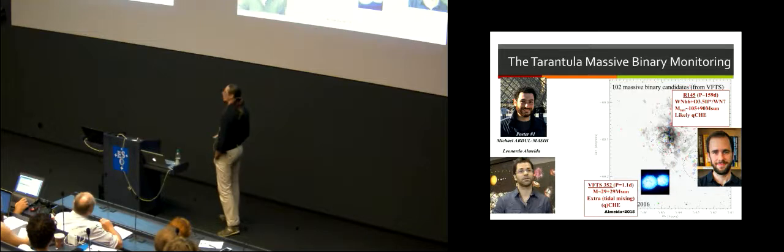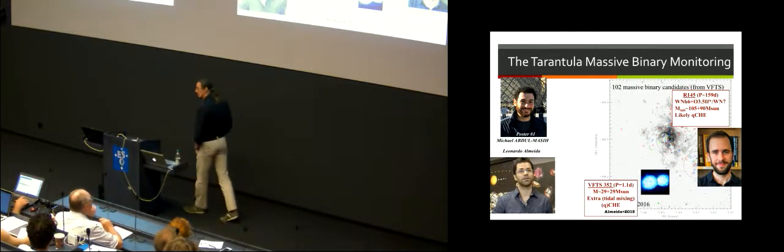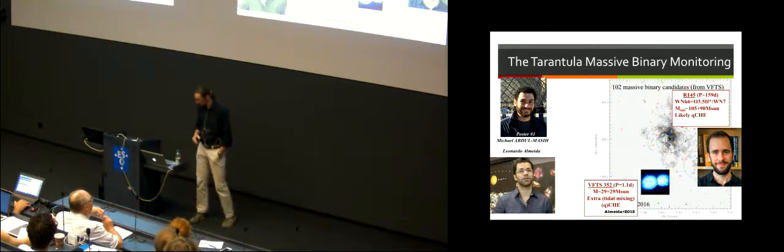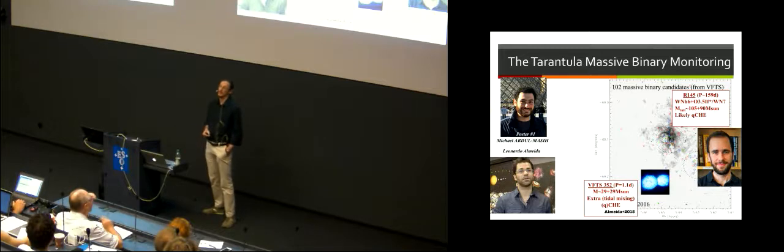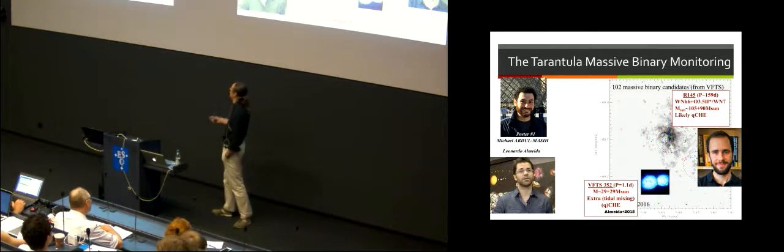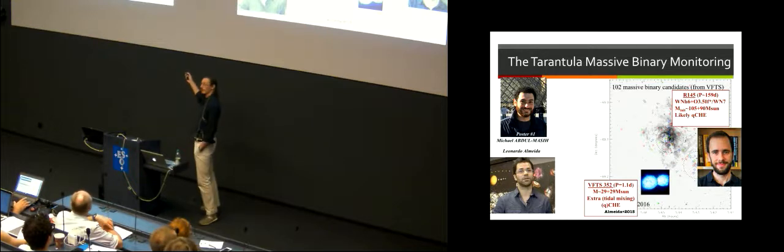And then we have R145. The masses are huge, 105 plus 90, so we have 200 solar masses in there. These are current masses, so not the initial masses. And again, we need chemically homogeneous evolution to try to explain the abundances. The winds are not sufficient. So if you have questions about that object, you can go and talk to Tomer,